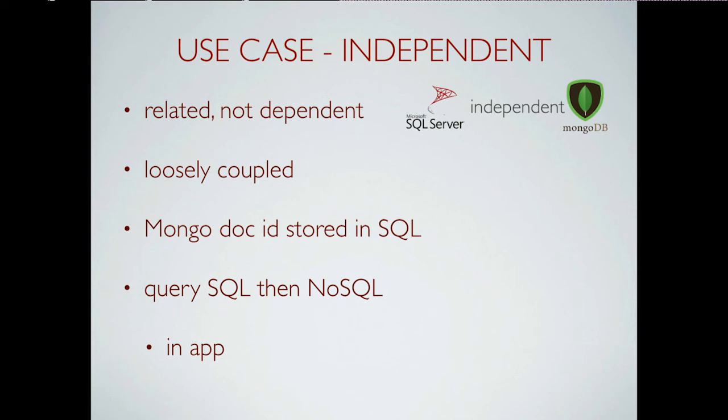Okay? So in my junkyard example, I like to use SQL, which is really good at financial transactions, right? So I might have my accounting systems. There are all sorts of SQL-based accounting systems. I've got all my financial data in SQL, and I've got my inventory in Mongo, right? So if I sell a car, I can put some information into my accounting system that I've sold this car, but there may not be a direct connection between them, again, depending on what you want to do. So you can store your Mongo document ID in SQL, and then query the SQL and go get the Mongo document.